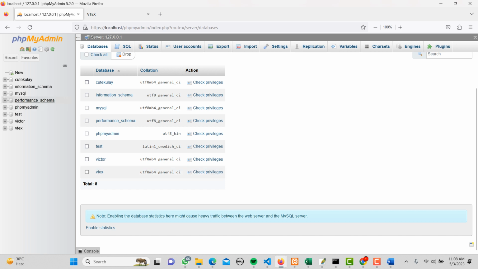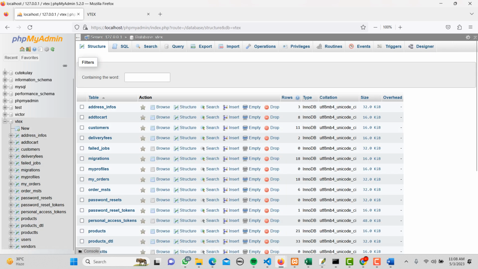Other ones are already here. By default some databases are there. We made this Qt Kule, we made this test, we made this Victor, we made this Vtex. So when we create the database,